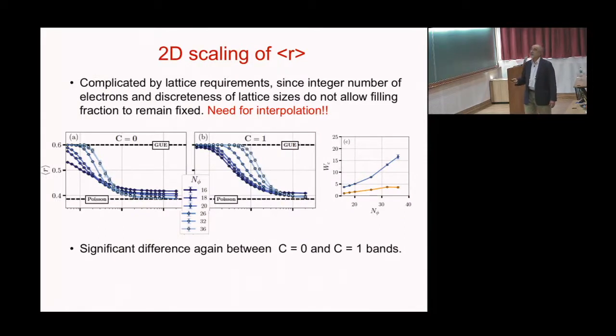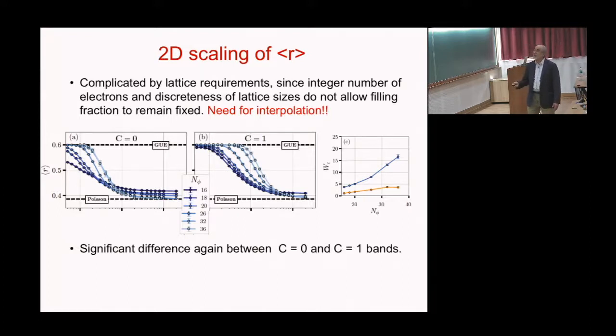Now, unfortunately, when you try to do the same thing for the 2-dimensional scaling, things get a little bit complicated. I'll show this data. What you see is, again, that the Chern 1 band seems to be very clearly trying to delocalize as much as it can, whereas for the Chern 0 band, the midpoints are well below this number. And again, if I naively just take the midpoint and look at how it scales with the number of flux quanta, one is headed to infinity, the other one looks like it is getting